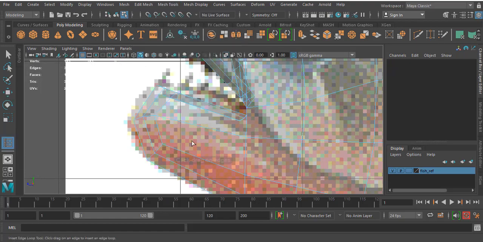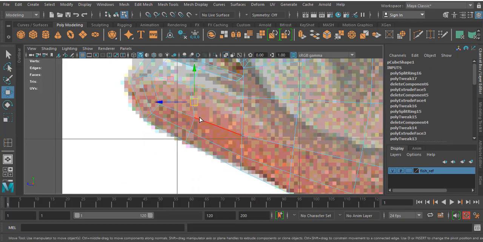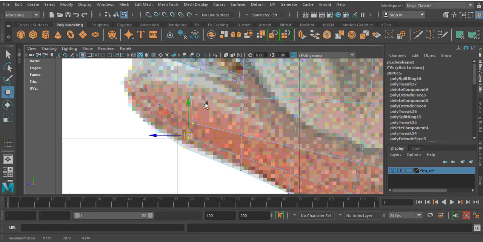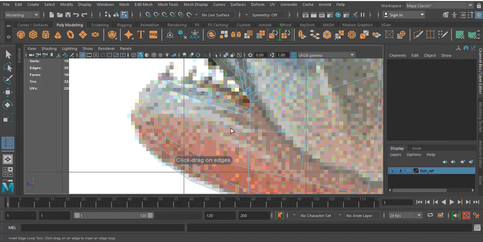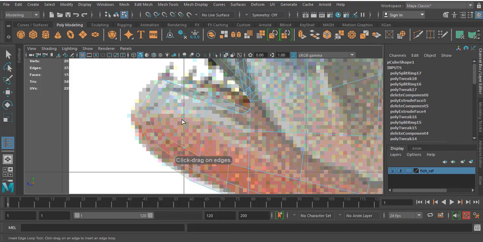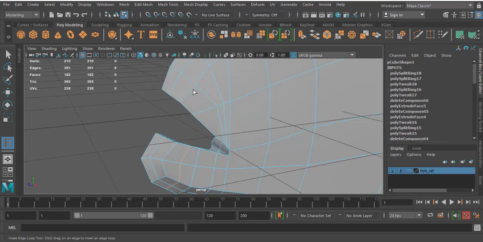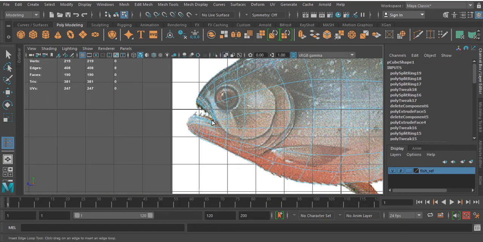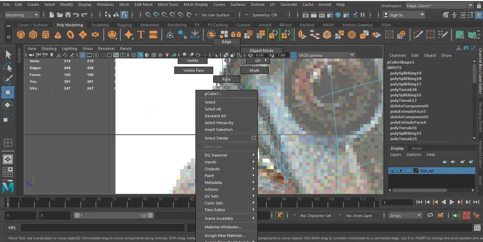Okay, now I'm going to create the insert edge loop because I want to maintain the space over here. And select these three and the span flow like this. If you really require, you can add two more over here. Okay, and one more over here also. This thing will be like an embossed one. Okay, no problem.